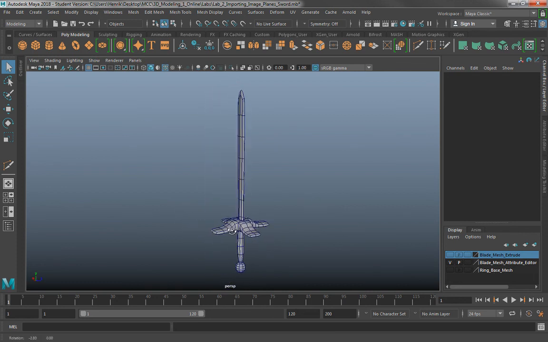Okay, so that's our sword up to this point. That covers our combine, merge vertices, bevel edge, and multi-cut tools, and also another way to custom subdivide your mesh. So those are all of our